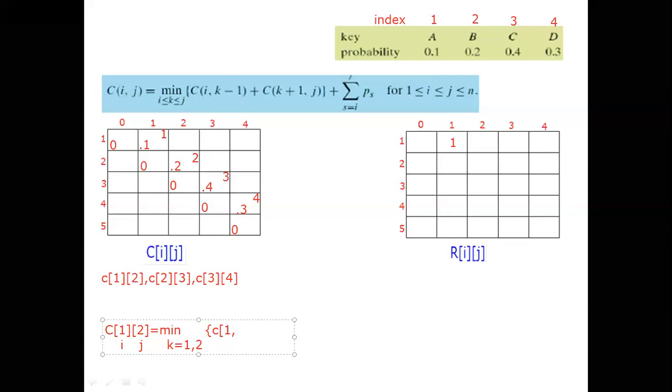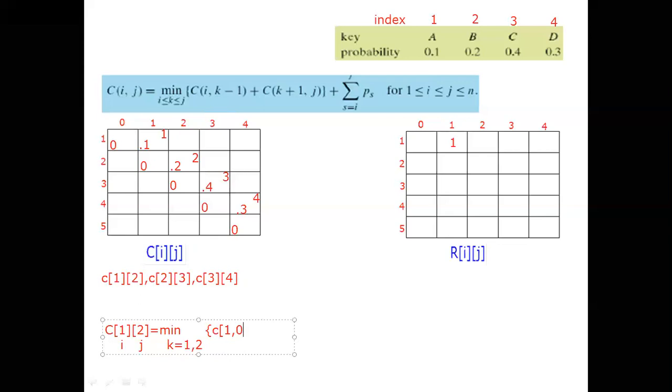Comma. What is K minus 1? First value we have to consider with the first K value. Next value while writing we have to consider the second K value. First we will consider the first K value. What is the first K value? It is 1. What is the formula? K minus 1. 1 minus 1 it is 0.